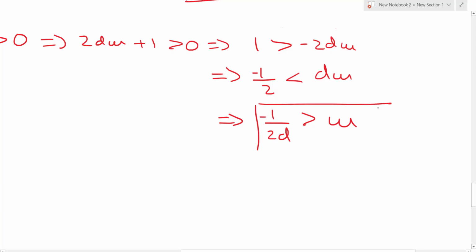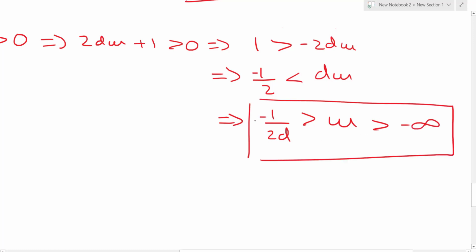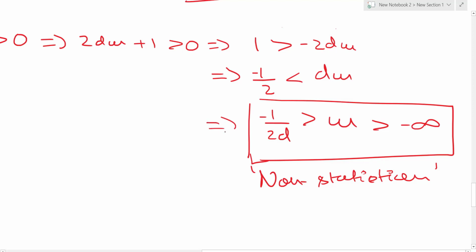So this is the consideration: w has to be less than minus 1 upon 2d and greater than minus infinity. This is the only condition where this quadratic utility function will exhibit non-satiation, which is an essential property for a utility function. You want non-satiation, so this will only be true in this range, and that is why your w should be less than minus 1 upon 2d. This is a must. This must hold, and that is why a quadratic utility function is only valid in this range.